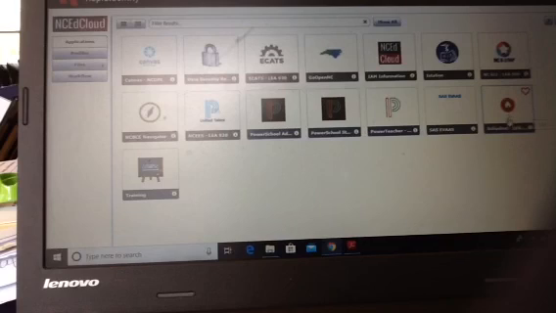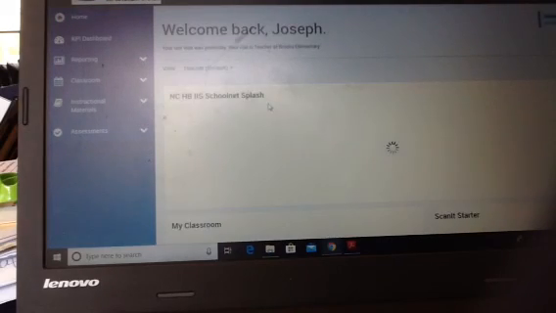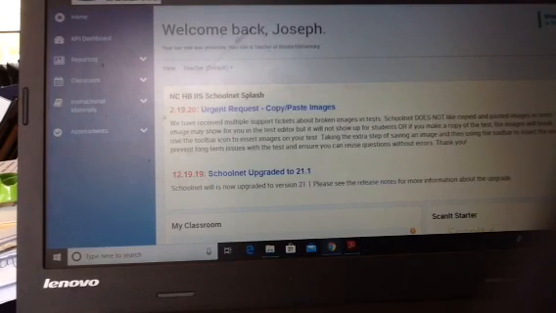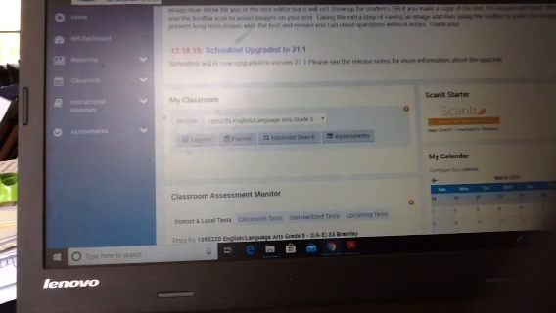But the next thing you'll look for is SchoolNet. When you do that, it'll take you to the home screen. Again, mine looks different. Mine says, "Welcome back, Joseph." Yours will say, "Welcome back, whatever your name is." And then kind of where I have this here, you'll have something that lets you put in a code for online test code, and you'll enter the code that